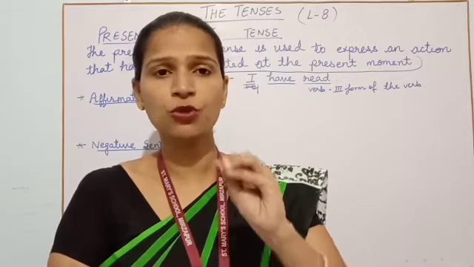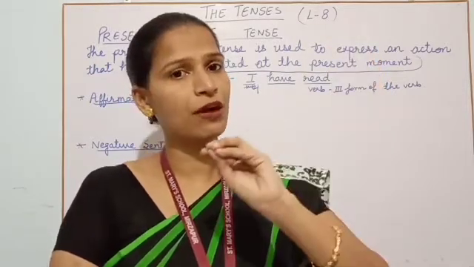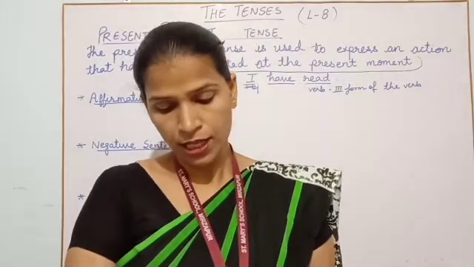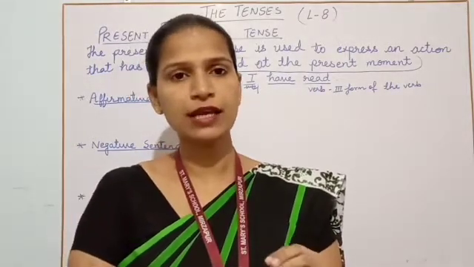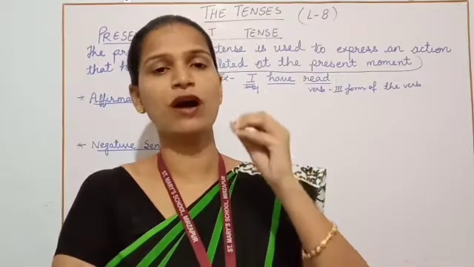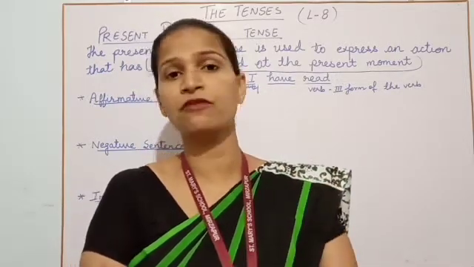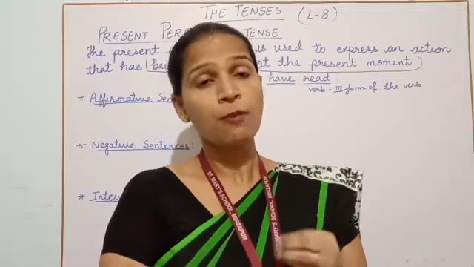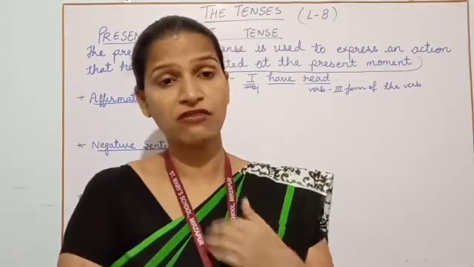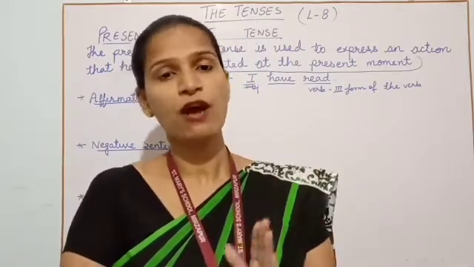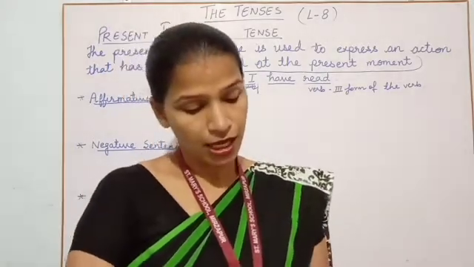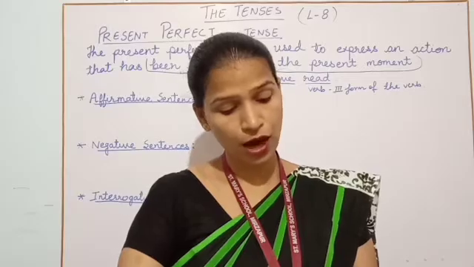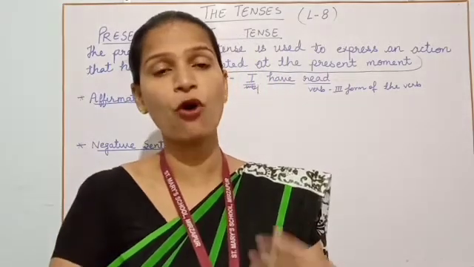When your action took place in the past, we have no idea about it. The time of action is not specified. In the sentences, the time when you started that action in the past will not be specified to you, but it will be specified that the action is already finished when I am telling you about it. And here we have how present perfect tense is formed.